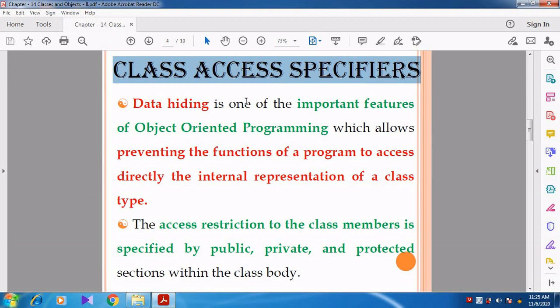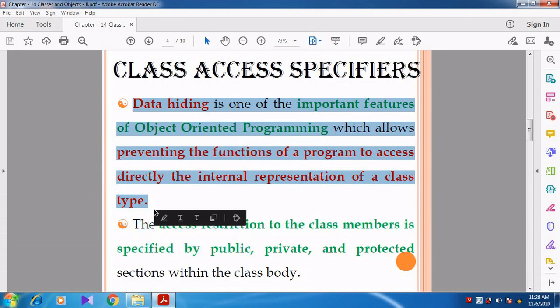Do you remember, students, what is meant by 3P? 3P means private, protected, and public. So in this video, we are going to discuss 3P, that is private, protected, and public. Before discussing access specifiers, you might remember what is meant by data hiding.